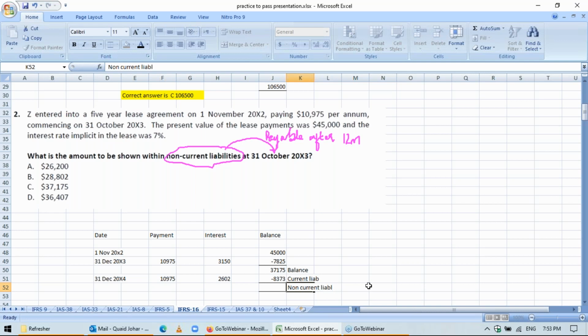Right? So deduct it. It makes 28,802. So the correct answer is B,